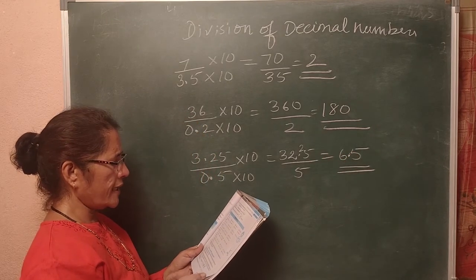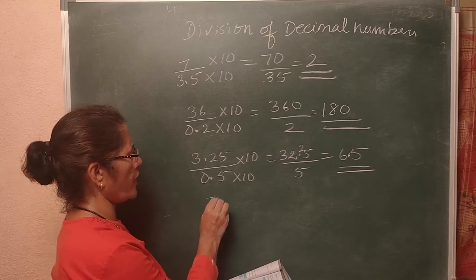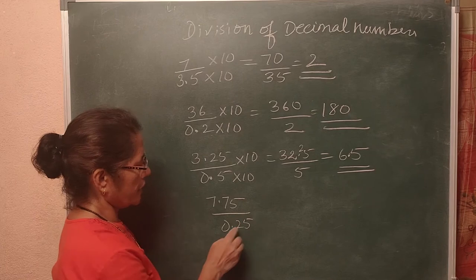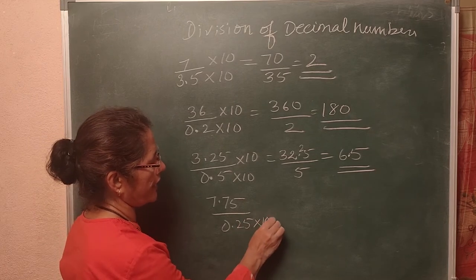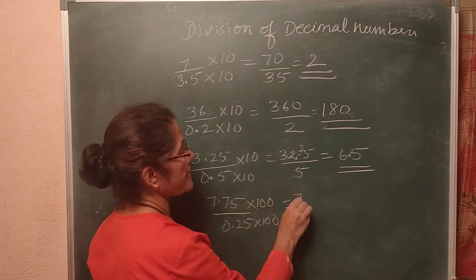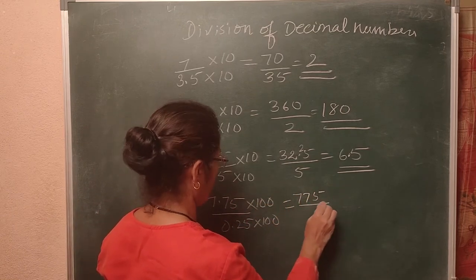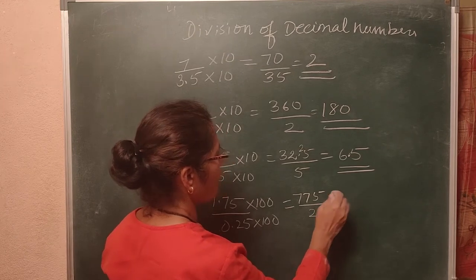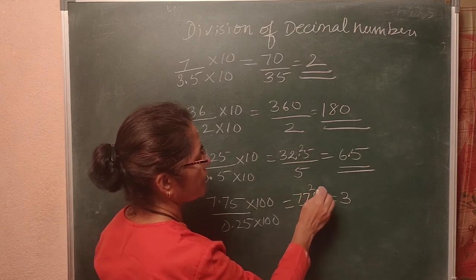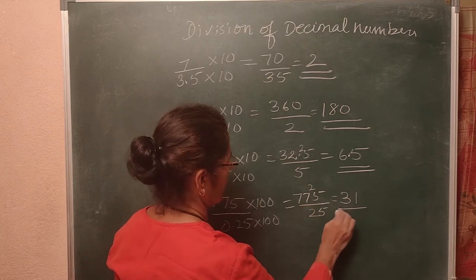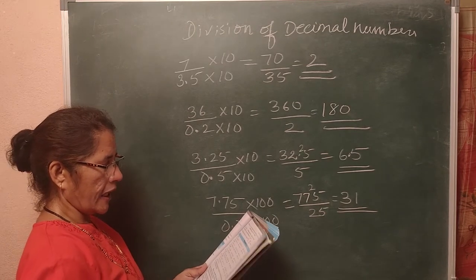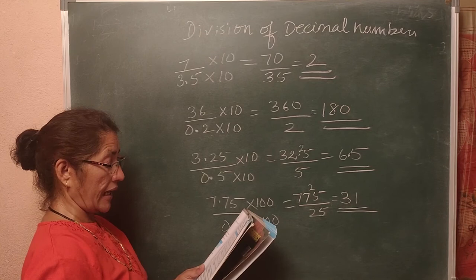Let's go to the 6th question. 7.75 divided by 0.25. Here 2 digits, so multiply by 100. Same number you have to multiply by 100. So what will happen? It will be 775 divided by 25. Now we divide 77. 25, 3s are 75, 2. 25, 25, 1s are 25. There is no point here at the final stage. Understand? I hope you understand. Let me do the last one.